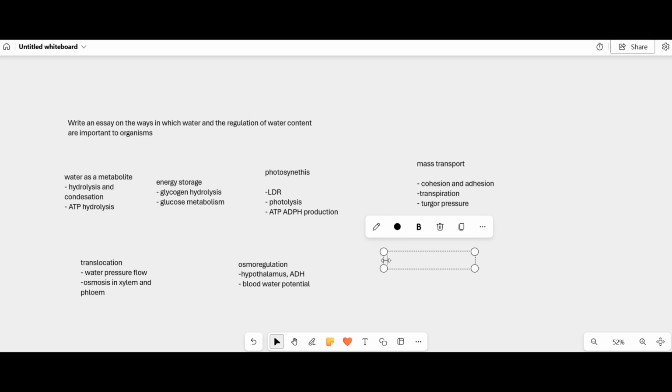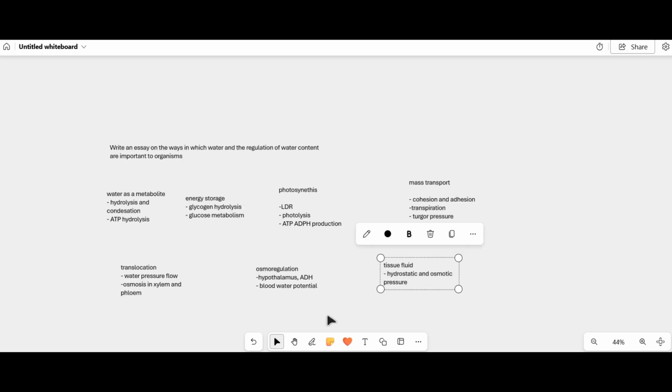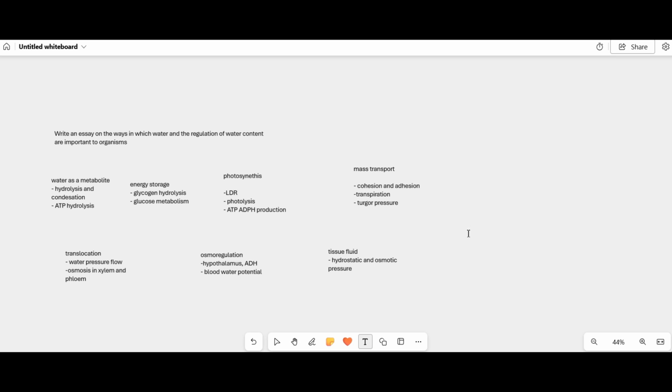Another thing as well, yeah, which is covered in I think topic 2 in cells, is tissue fluid as well. So I can start talking about tissue fluid, yeah, about the hydrostatic and osmotic pressure, yeah. Calm. And then finally, yeah, not even finally, but another thing, yeah,